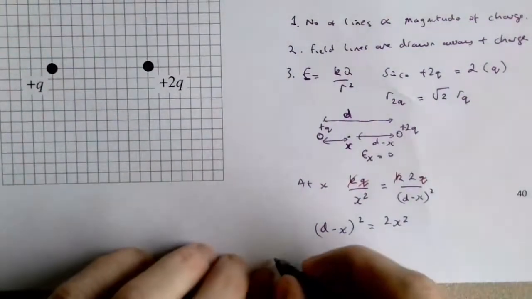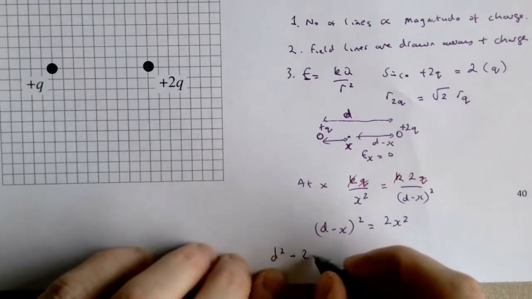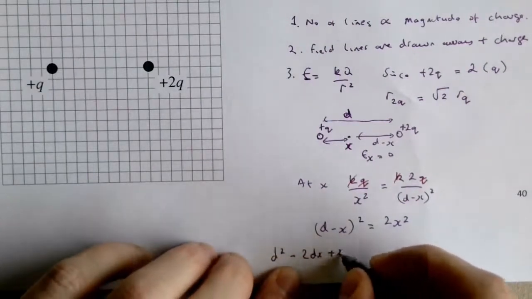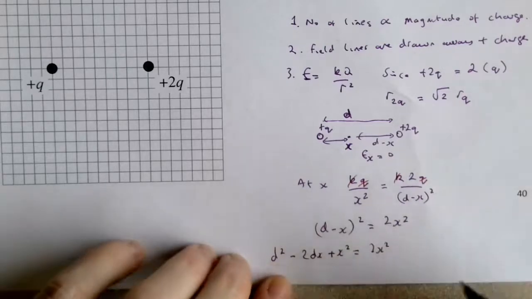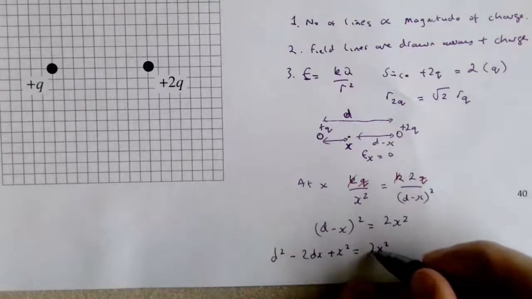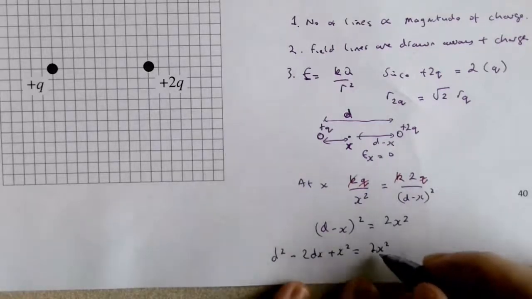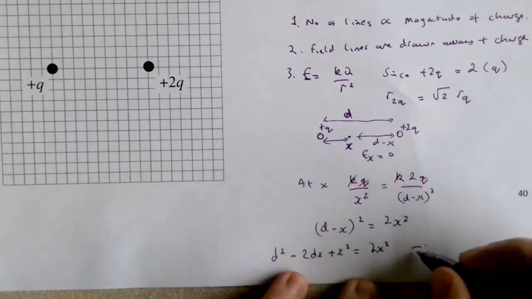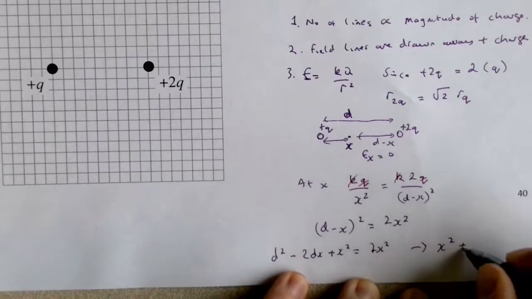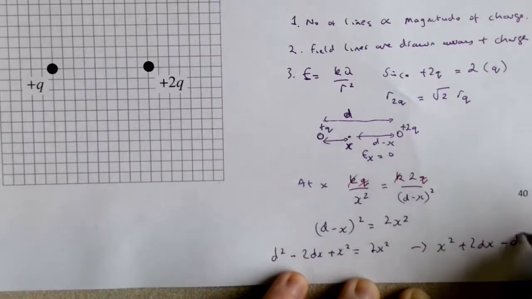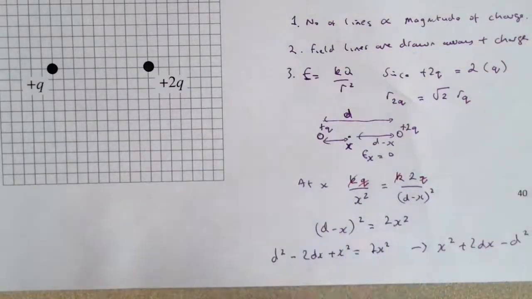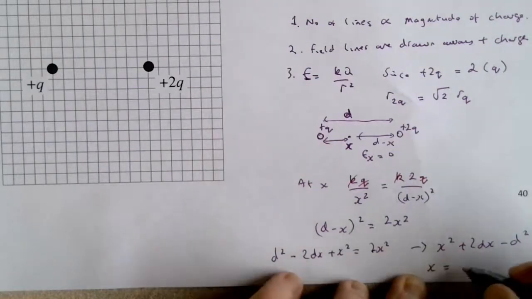And this will leave me with d squared minus 2dx plus x squared equals 2x squared. I'll write this in the form of the quadratic, bring everything over to the right hand side. I'll be left with 2x squared minus x squared leaves me with x squared plus 2dx minus d squared. And if you solve that quadratic, x will be equal to